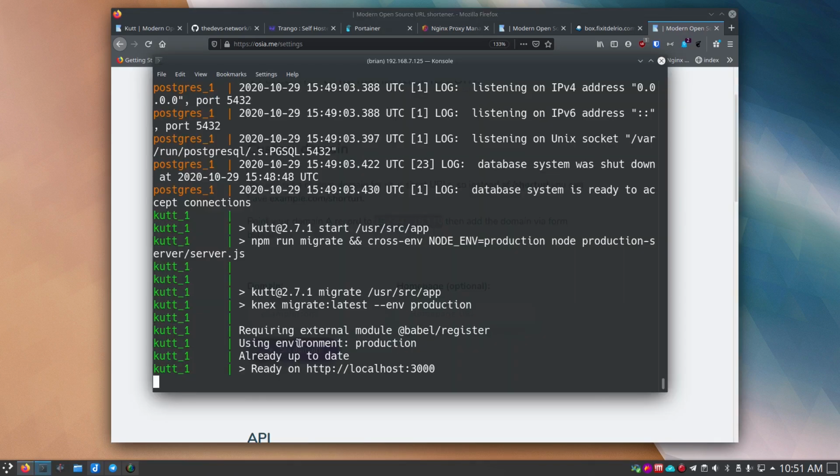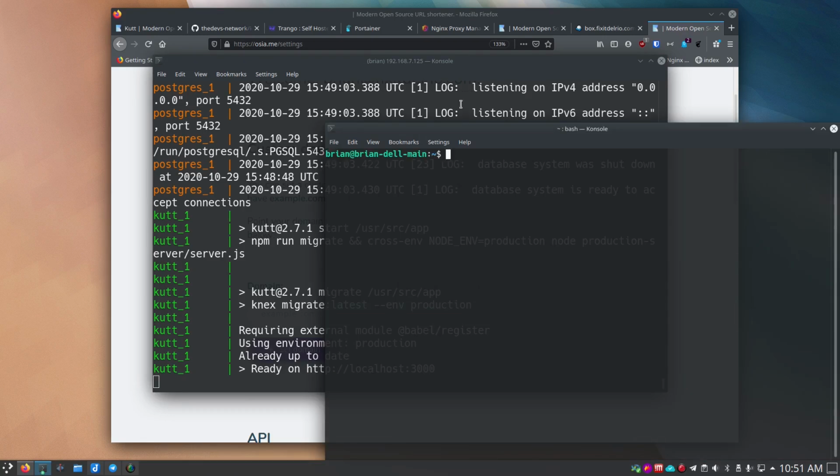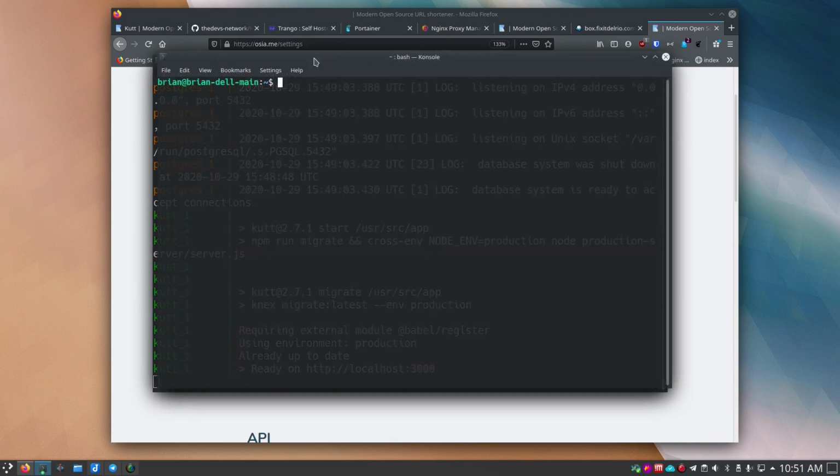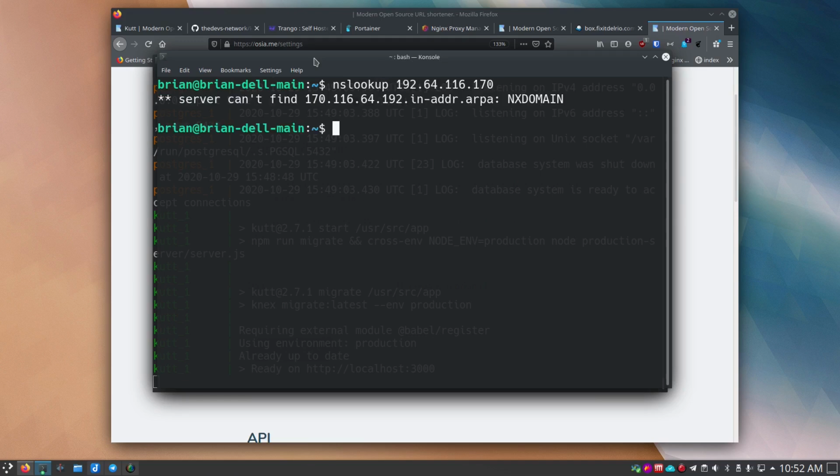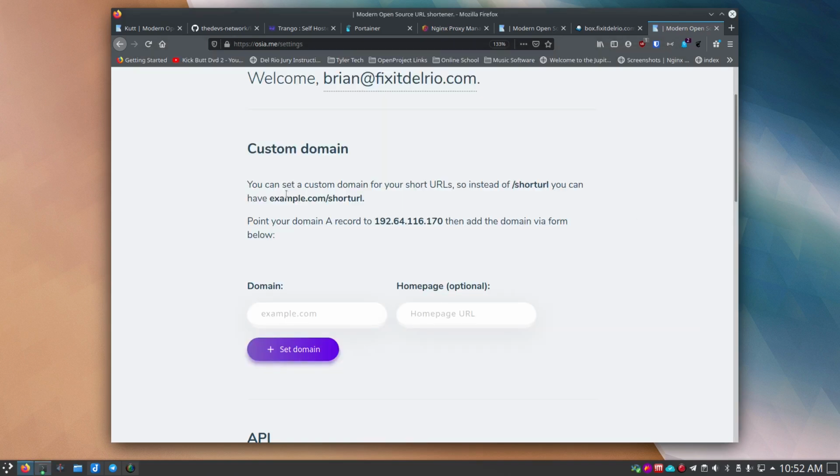We'll do a little NS lookup here and see. So I'm running this currently just in Docker Compose up without the -d, so I could see some log output to see what's going on from the site. So I'll just open up another terminal here, and I'll move it up and make the font bigger here, and we'll do an NS lookup of that. So it can't find that domain. Interesting. Okay. So I'm not sure exactly what it's trying to do there, but anyways,